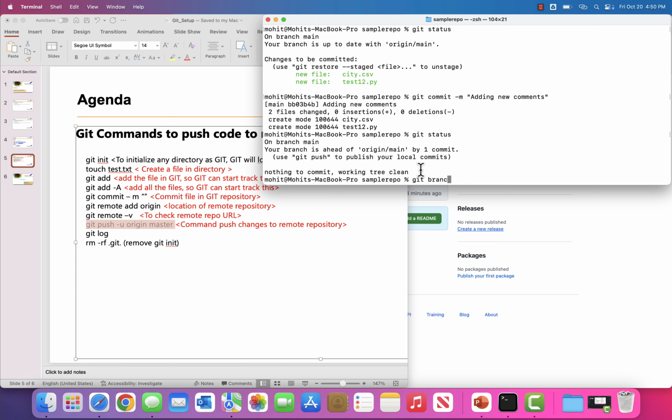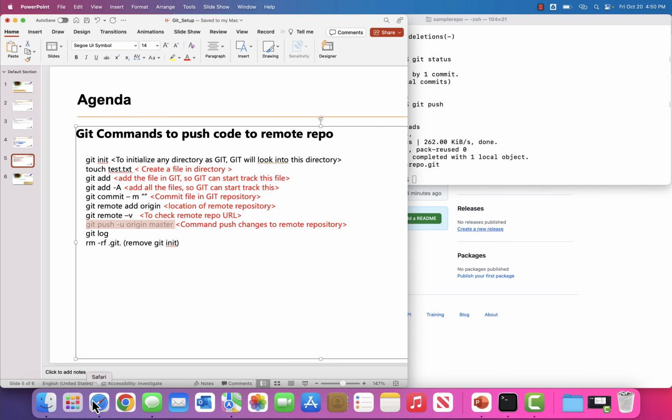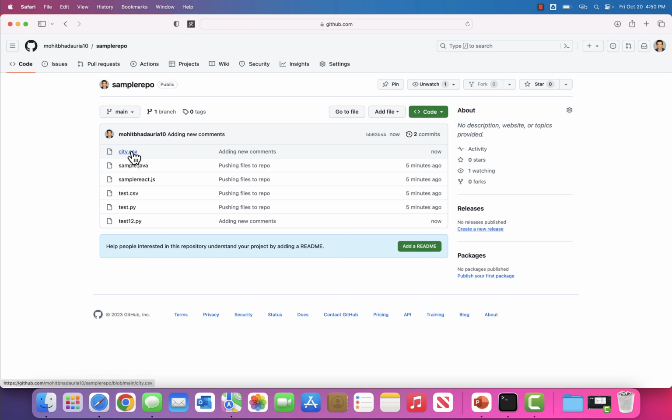And now since your local repo is already connected to the GitHub repo, you can just directly do git push. You don't need to put -u origin main. Okay, that's only the first time, when you are telling which branch you want to push your changes to. Okay, so now you just did git push, and you can see here these two files, city.csv